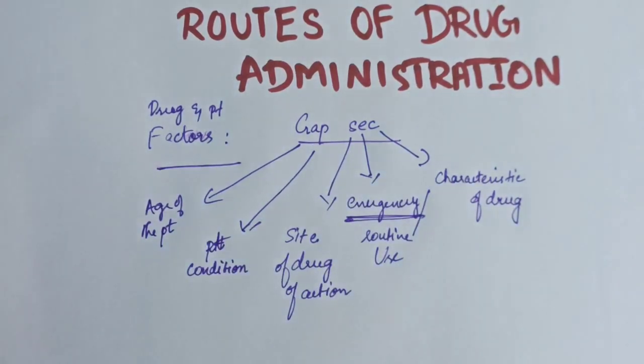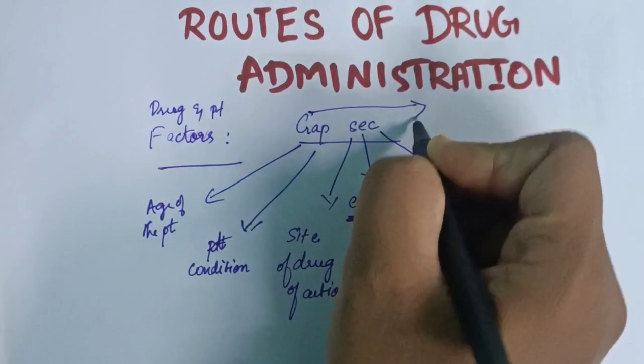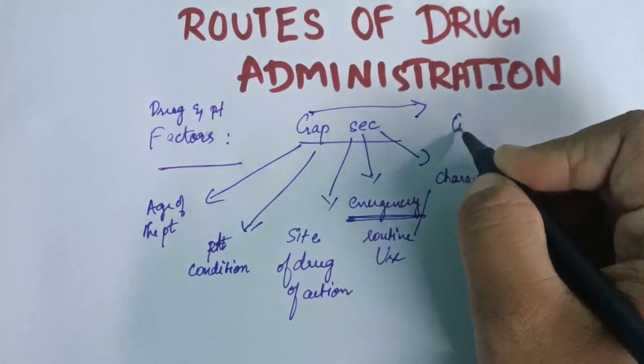Only this age of the patient will decide the dosage of the drug, and which route we have to prefer also depends upon the age of the patient. Until the child reaches a certain age, you won't conduct any surgeries, right? In the same way, the dosage and everything depends upon the age of the patient, and the route also depends upon the age of the patient. And the last and final one, here I am writing, is gastric pH,